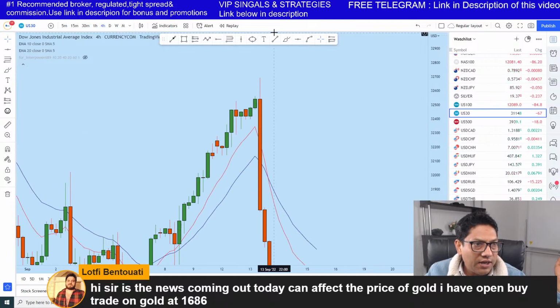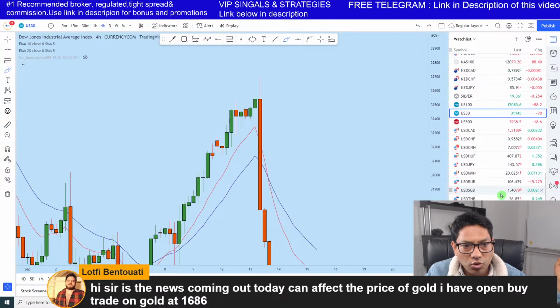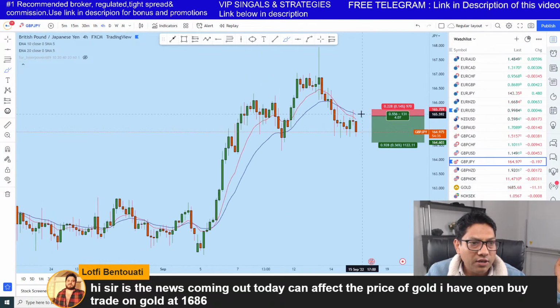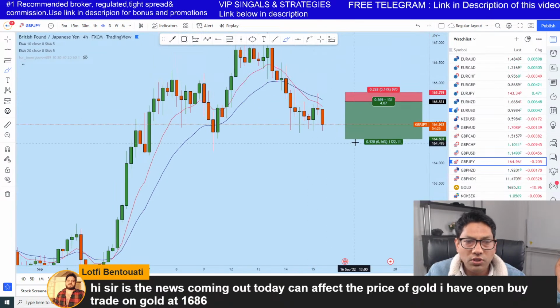Okay, it tested the reversal pattern here and created a bearish move. Let's say today when I posted analysis on GBPJPY, you see that when this doji is formed, that is where I know that it's a reversal. Until this doji formed, I really don't know what's gonna happen in the market. So that's how trading is.